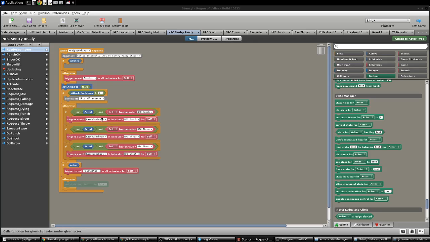So it's relatively simple. They can attack, they can do a punch if they're within distance. They can throw a knife or shoot an axe, or actually throw an axe and shoot a knife. But these events really check if those actions are possible. So we'll do a knife. So the shoot event here,